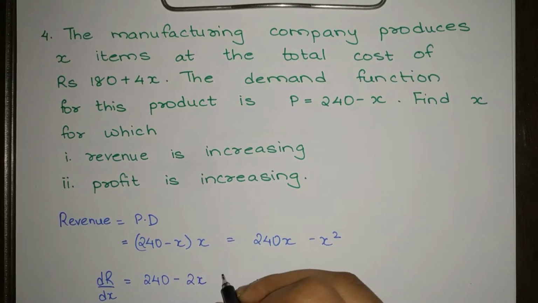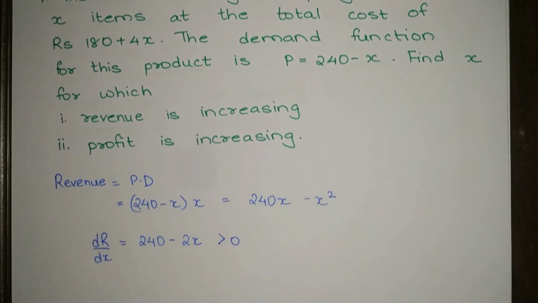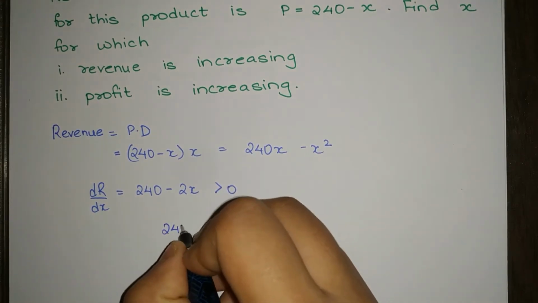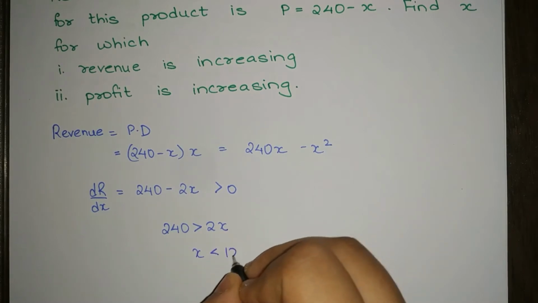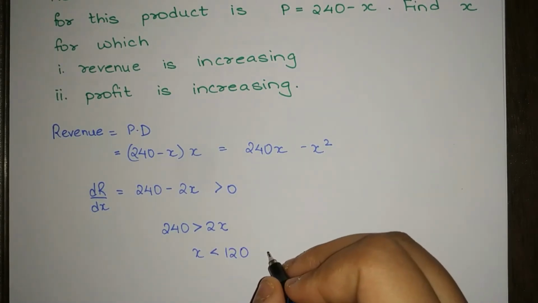Okay. And we have to find where this is greater than 0. I'm writing it directly. You can write a line that revenue is increasing when this derivative is greater than 0 and that is when 240 is greater than 2x. That is x is lesser than 120. उस केस में revenue is increasing. Okay,